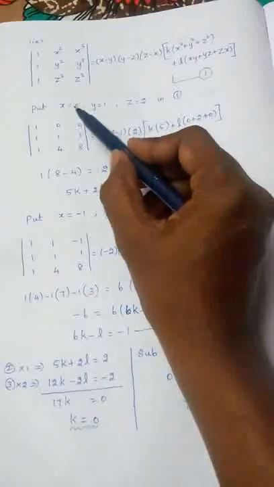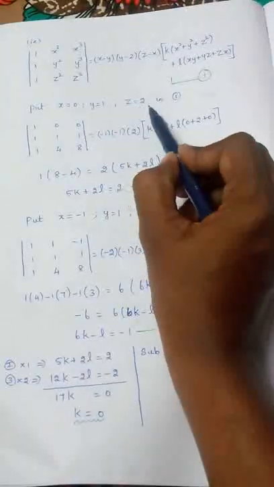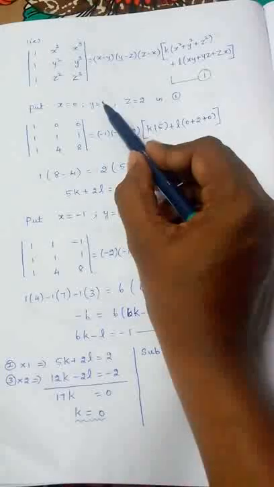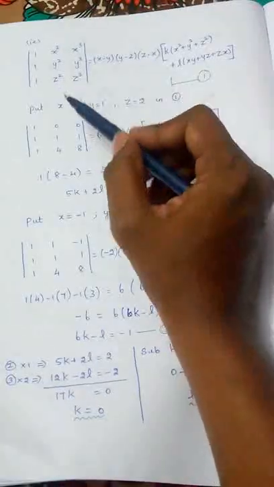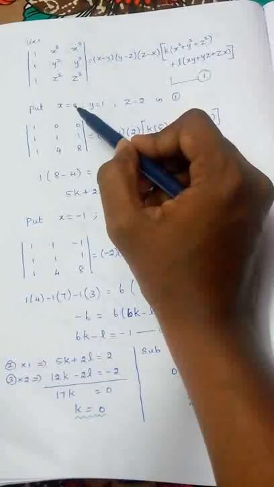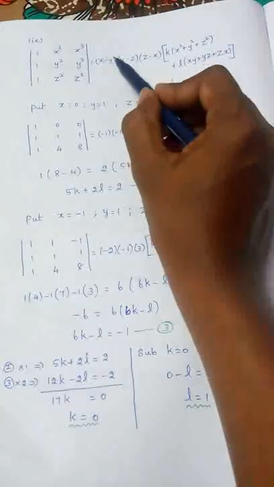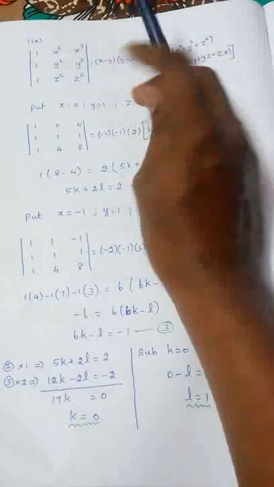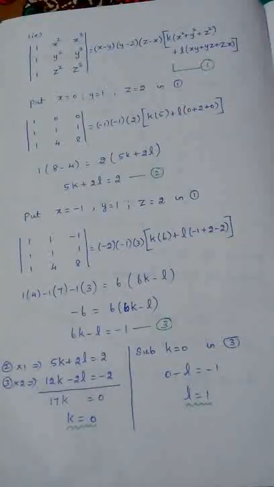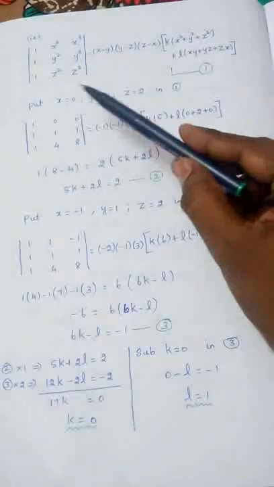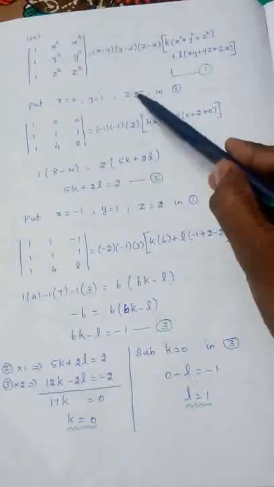So I am taking x as 0, y as 1 and z as 2. Already I told you we should choose values such that no two sides become 0. If I take the same value, x is equal to 1, y is equal to 1, what happens here? 1 minus 1 will become 0, so the entire thing will become 0. Right hand side fully becomes 0. Such values we should not use. So take different numbers 0, 1, 2.